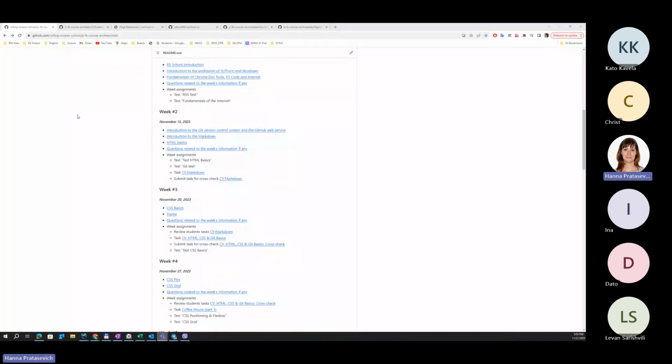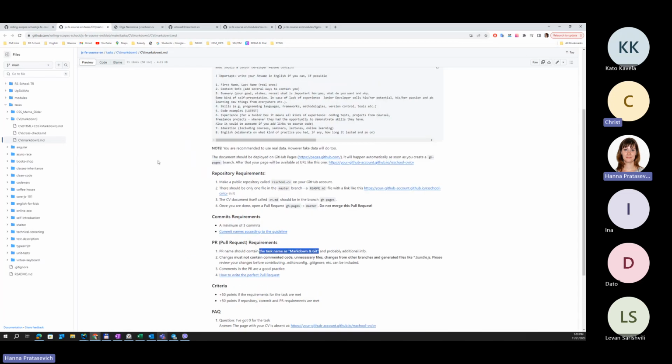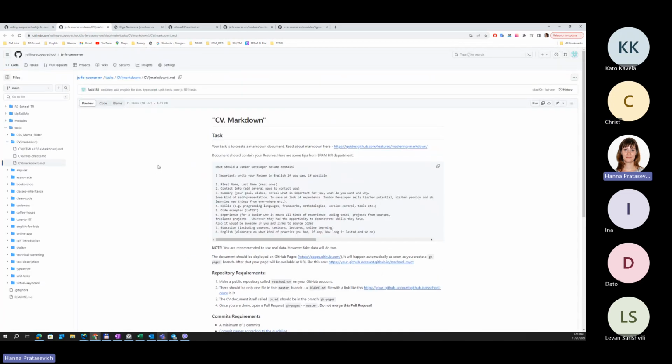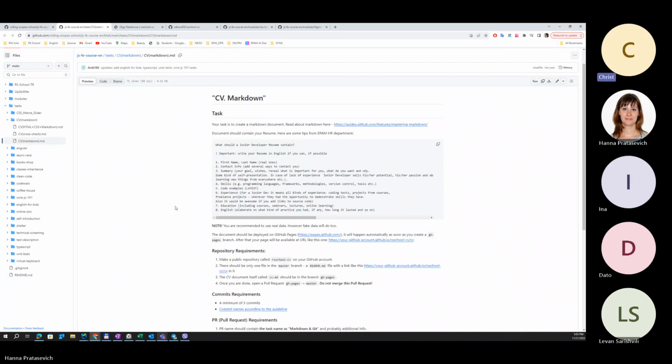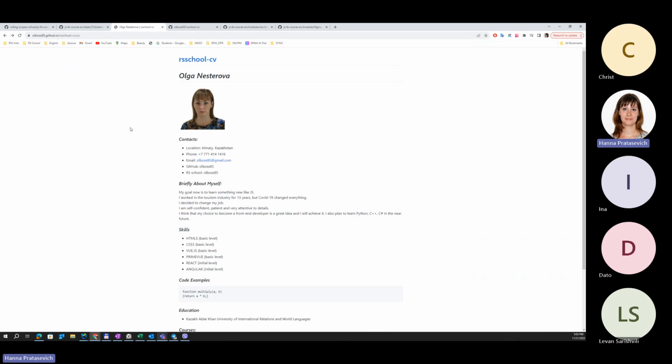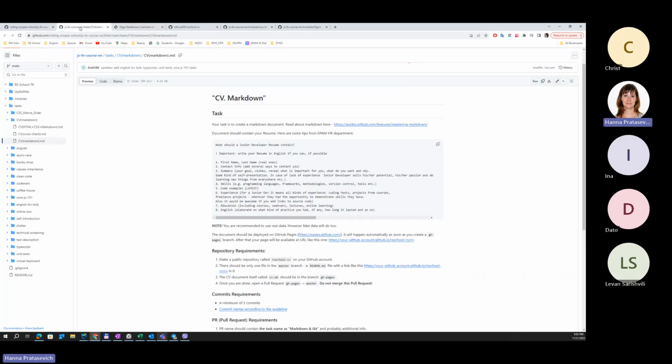Can you see my screen? Yes. Okay, thank you. Let me start from the CV task. I found one of the tasks and I'm going to check this task with you according to the criteria. And if you have any comments, please do not hesitate to add them. I found the task of Olga Nesterova, and let's try to check. First of all,